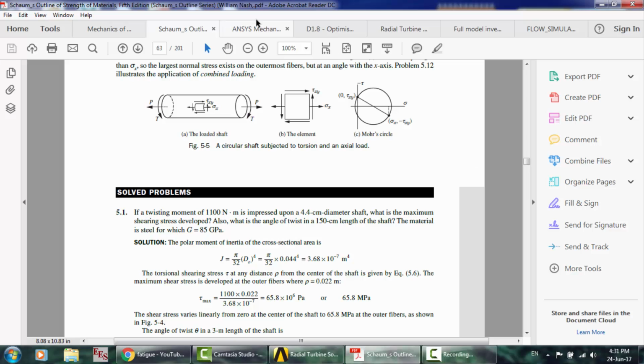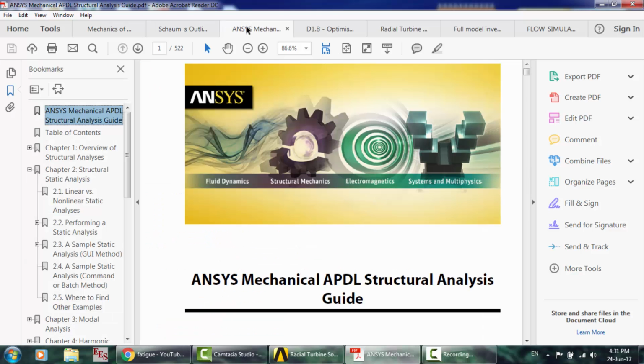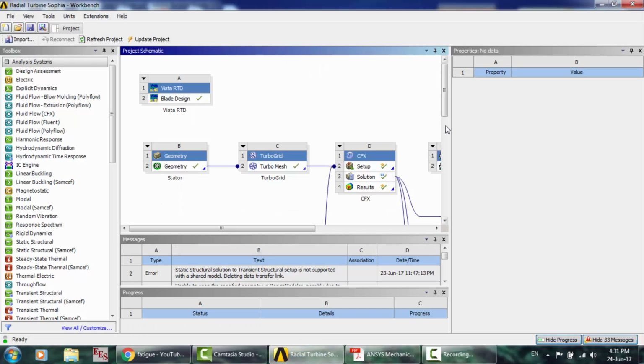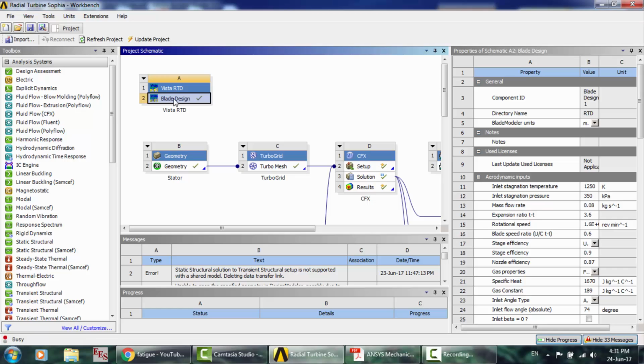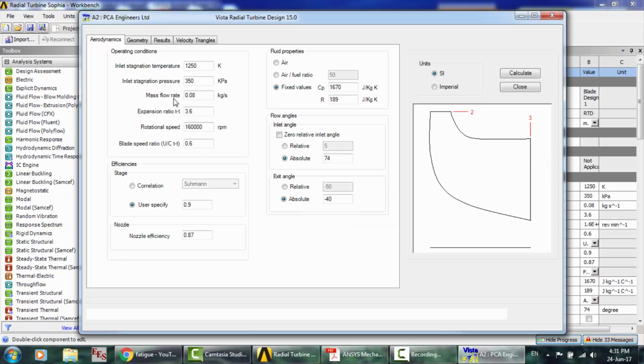Okay, so now we're gonna talk about the ANSYS Mechanical APDL structural analysis guide. Also, you can find anything related to the ANSYS Mechanical user guide on Google. Here we have a project using Vista RTD. So this is the turbine. This is the condition of the turbine. Okay, you can set it,